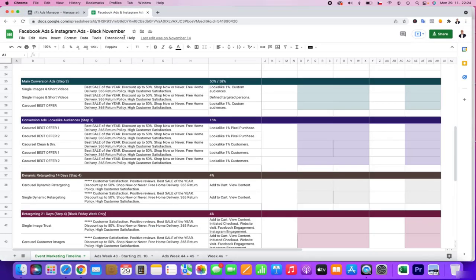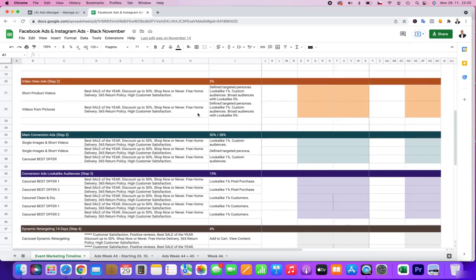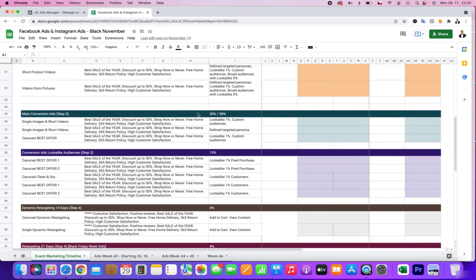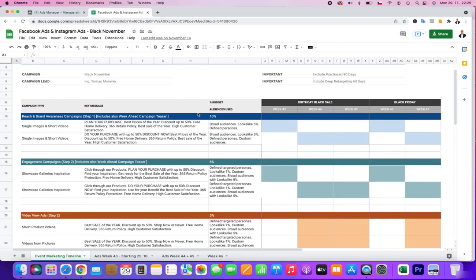And basically this table is the starting point. This table is the key. Correctly planning the ads, correctly planning the campaigns, correctly creating the ads, and having this overall system.